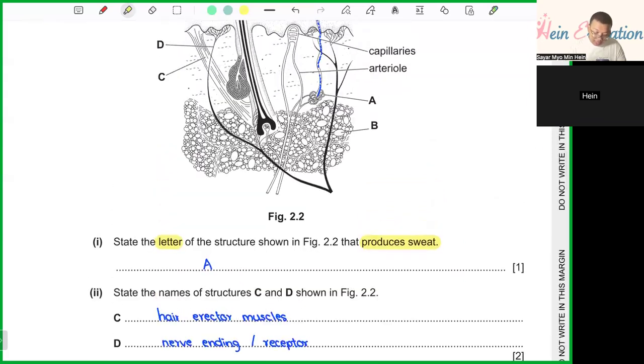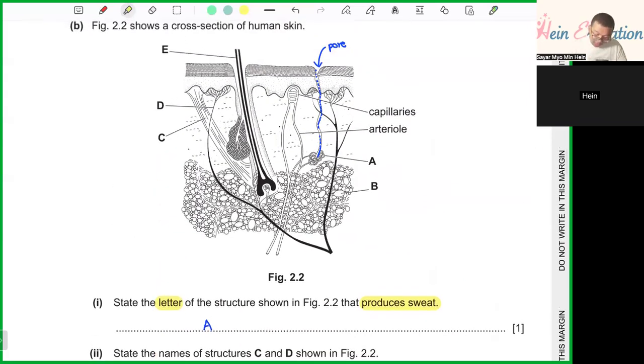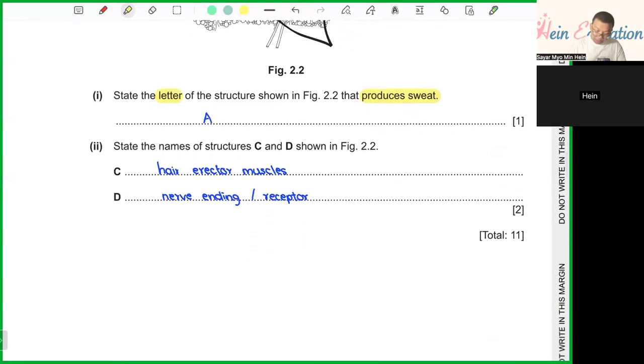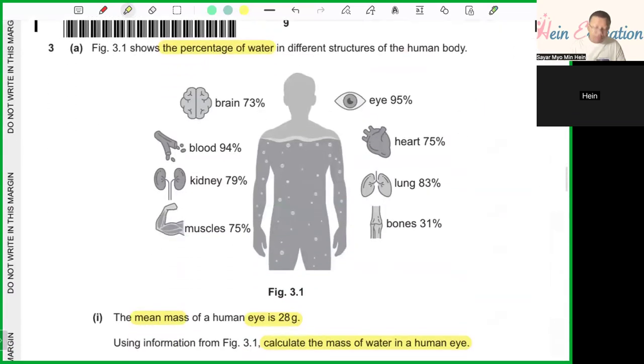And structures C and D. Structure C is the hair erector muscle, and structure D is nerve endings, or it can also be a receptor. So moving on to question number three, figure 3.1 shows the percentage of water in different structures